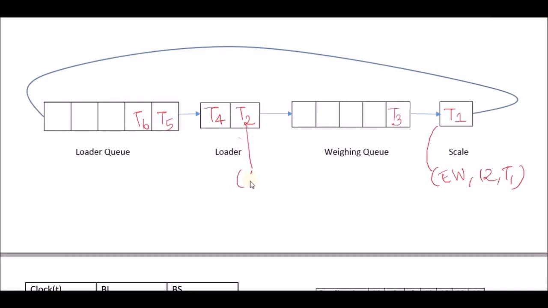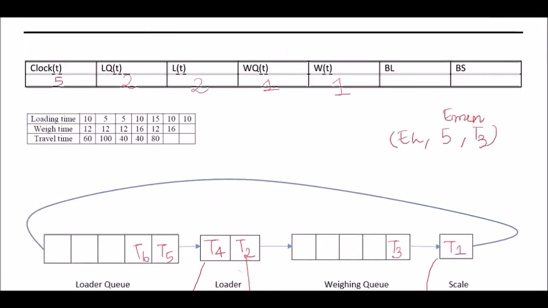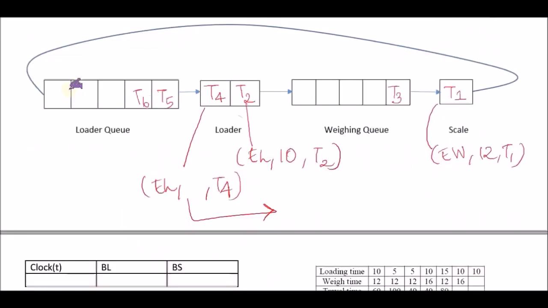So I'm just going to copy it. So that's going to be end loading 10 of T2. And then this is new, right? This is new. So it's again going to be end loading because it's in the loader, which is the truck T4. And how do we calculate this? This is going to be the clock, but here the clock is not 0. Our clock over here is 5. So it's going to be 5